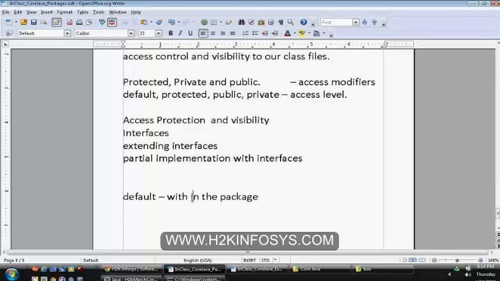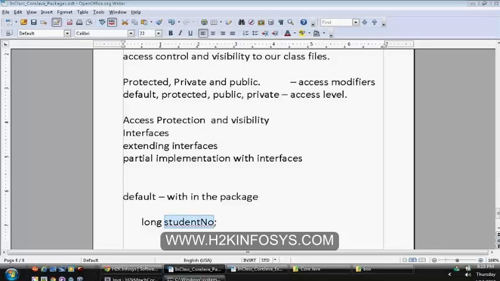The default access signifies that whenever you have declared a member as default access, it is only accessible within the package. That means for default access, there won't be any keyword. Whenever you have specified a long student member without specifying any access modifier, that means this variable has the default access, which means it is accessible only within the package.